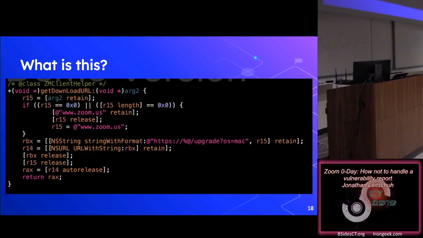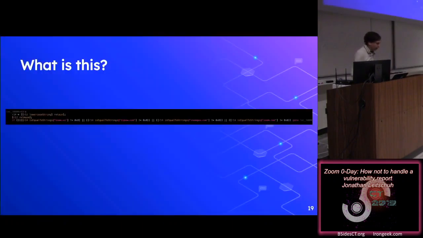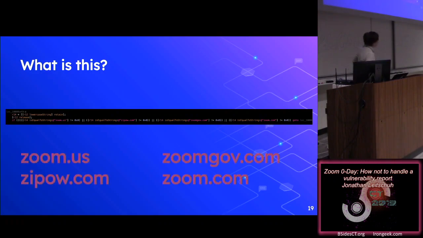And I found that there was a Zoom application that was not in the Zoom app, but was installed in your home directory, separate from the Zoom app, right? And it had a bit of code, like get download URL, and I was like, this is interesting, and that was gated by this logic. So that's why if you look at it, it says if R4 is equal to string, and then these are the different strings that they had, right? And so I wasn't quite certain. I'm not very good with decompiled code, especially Objective-C, but it looked like there was some download logic going on,